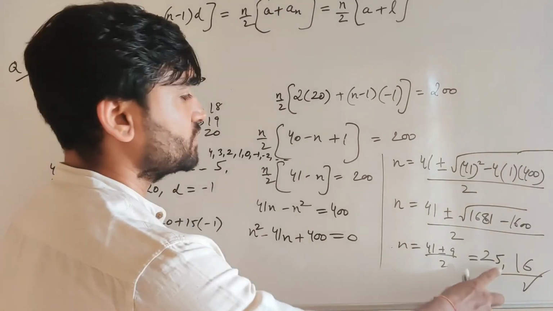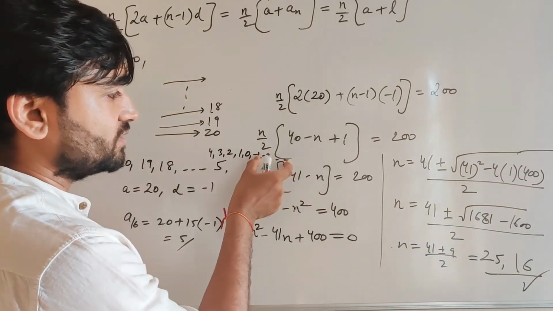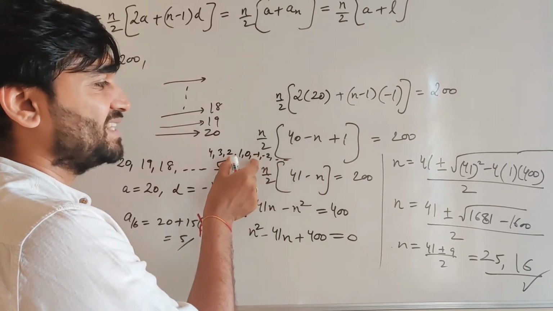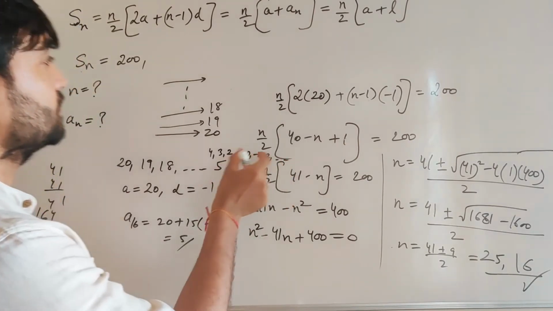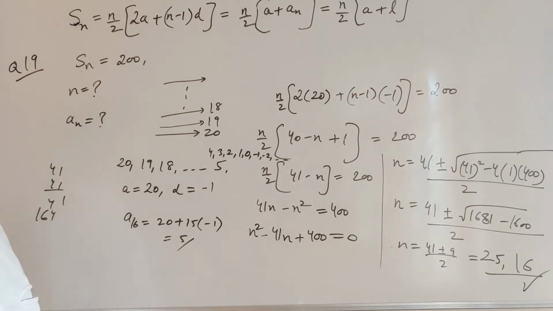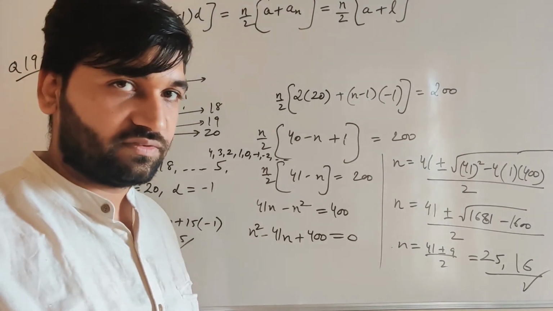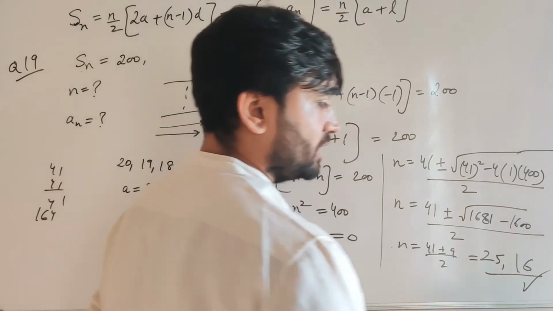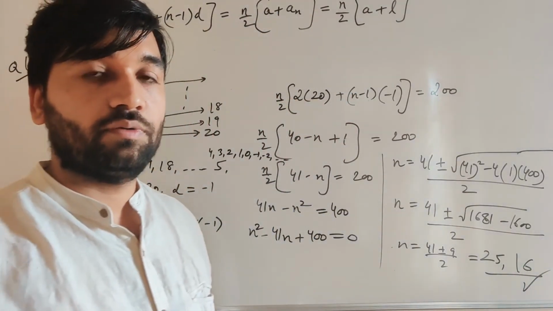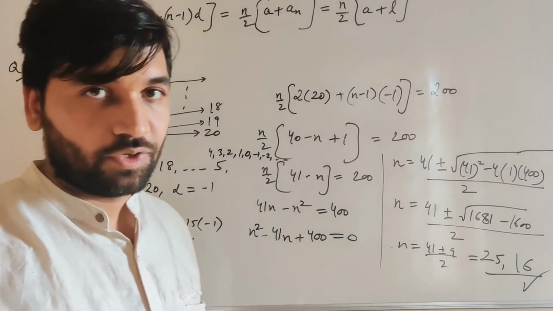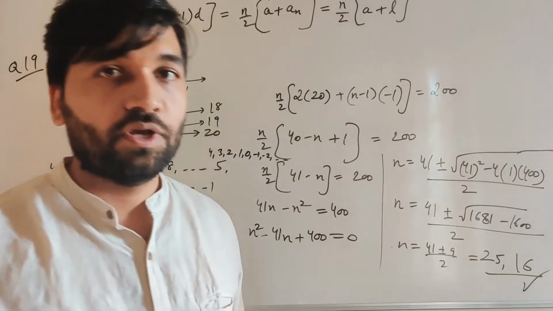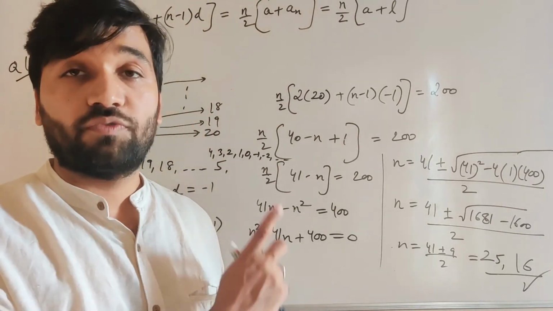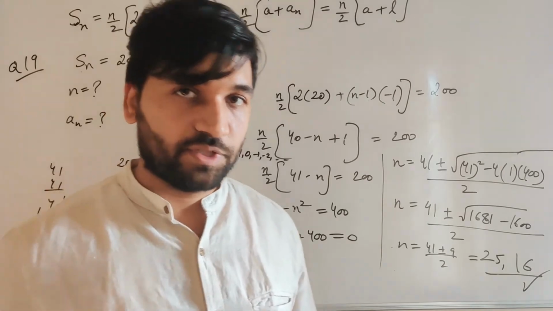What's happening is, n equals 25. These many terms' values are cancelling with these values. So your total number of logs still comes to 200 itself. So in this question, there is only one value of n possible, which is 16, not 25. I hope you have understood. If you have any question or doubt with respect to this question, you can ask in the comments below.